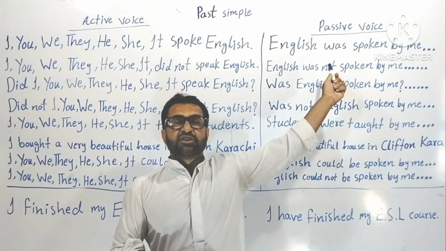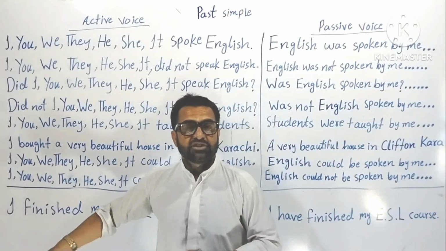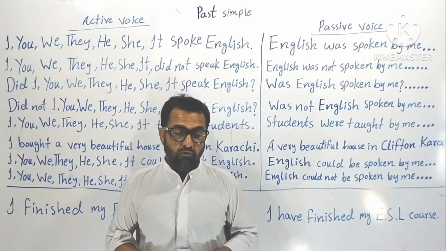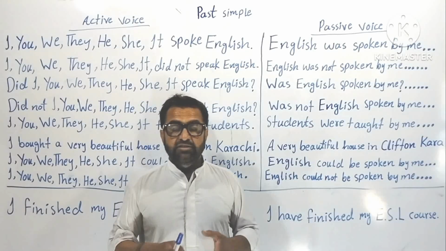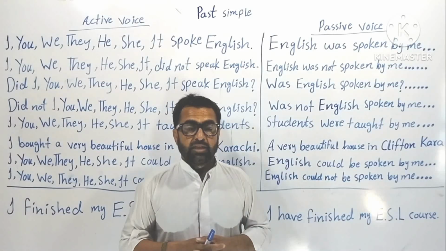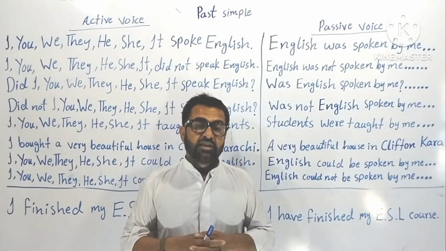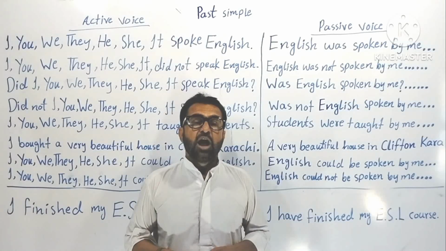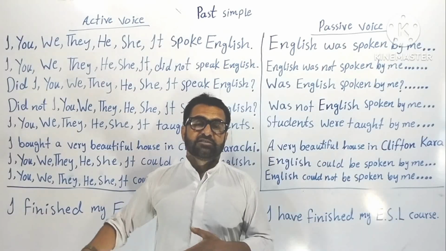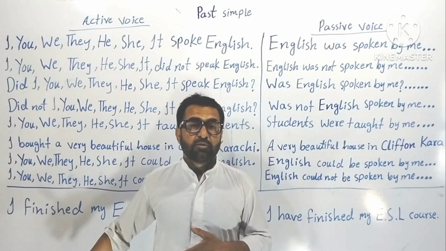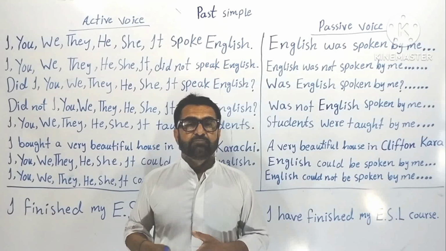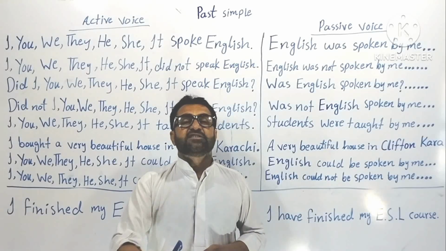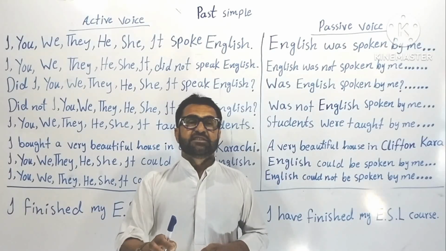Now, if in a sentence there is no object, then how will you make a passive voice sentence without a subject? Because a subject is necessary for each and every sentence,